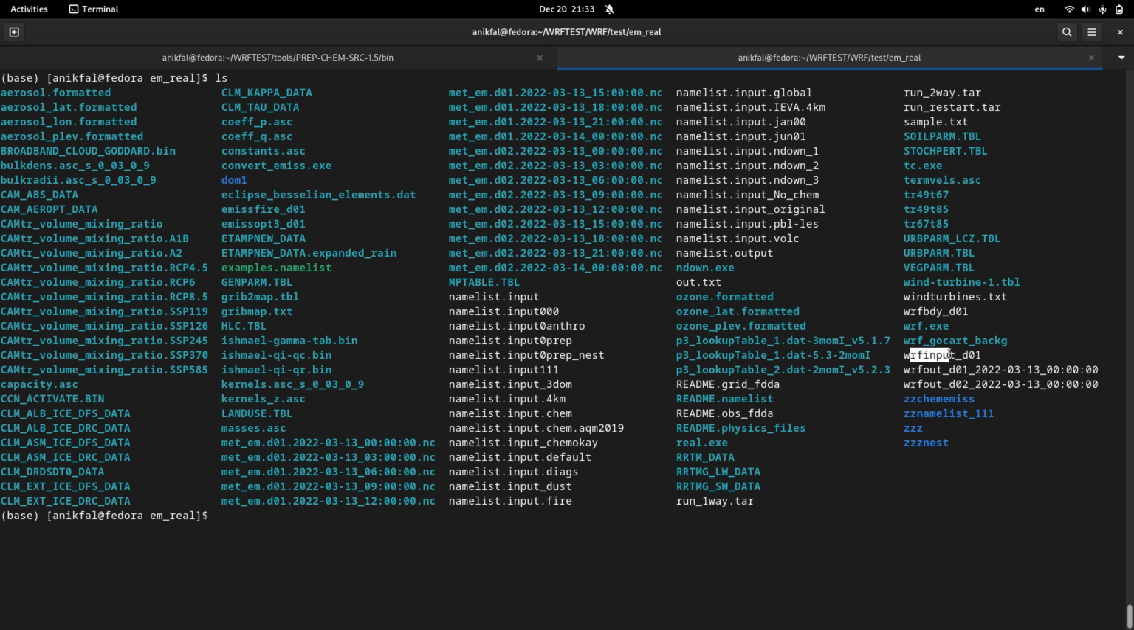Okay, I have one file, WRF input D1, which is actually for the second domain, because we're going to make our emissions data for the second domain, or the nested domain. Now I open the namelist. Before that, I mentioned that you have to make a copy of your namelist. I open it,